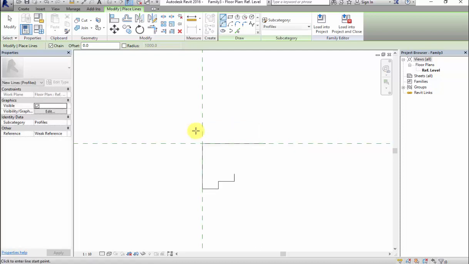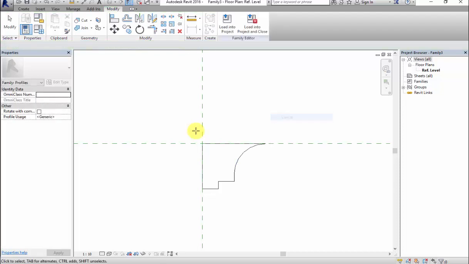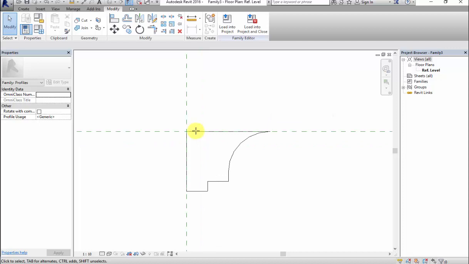The design you draw is as per your requirement. I'll draw a design somewhat like this. Now I will save this and then click on Load into Project.